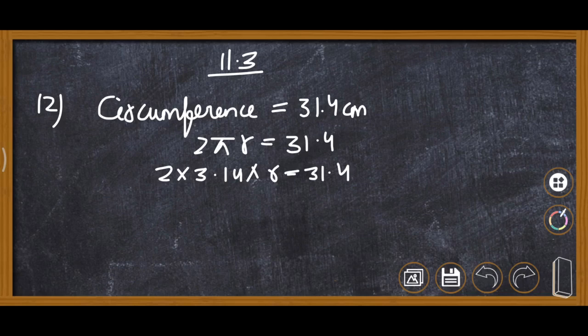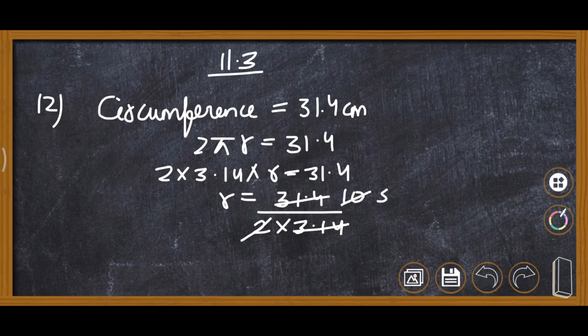Now we will multiply and then we will divide this. 3.14 and 31.4, answer when we cut it is 10, then 2 5s are 10. So radius is 5